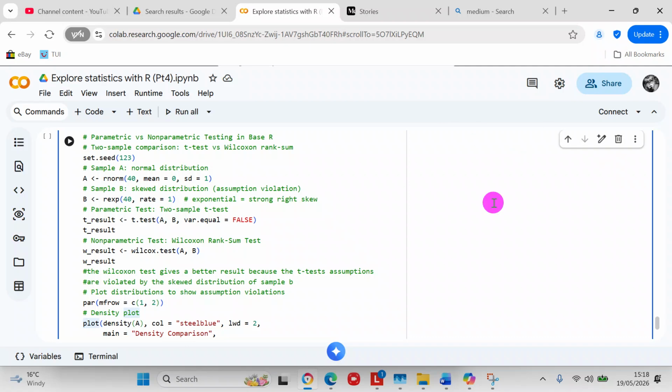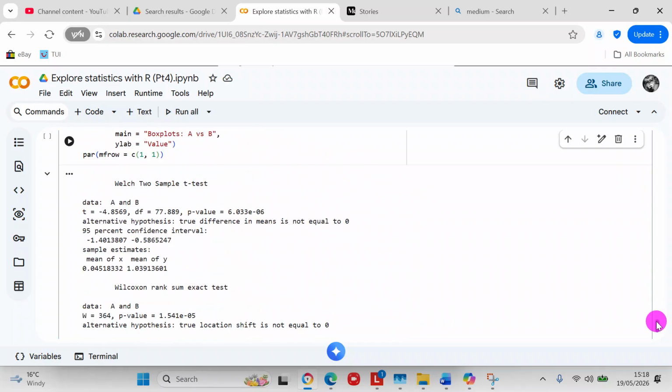And we're going to look at the t_result. Your t_result is a Welch two-sample t-test. The data is A and B. Your t-score is negative 4.85. Your degrees of freedom is